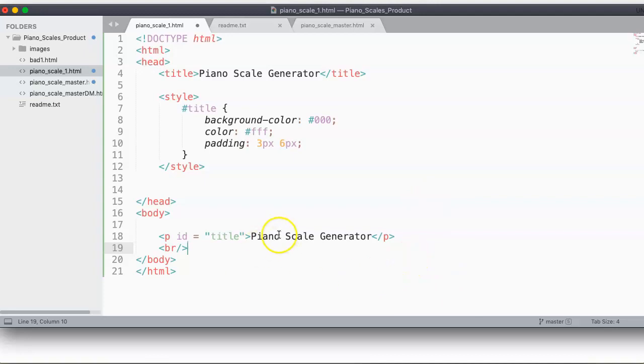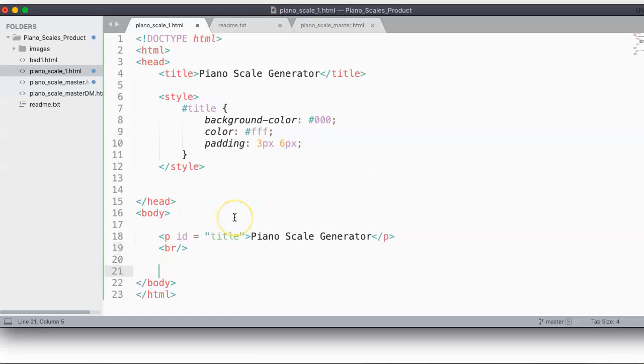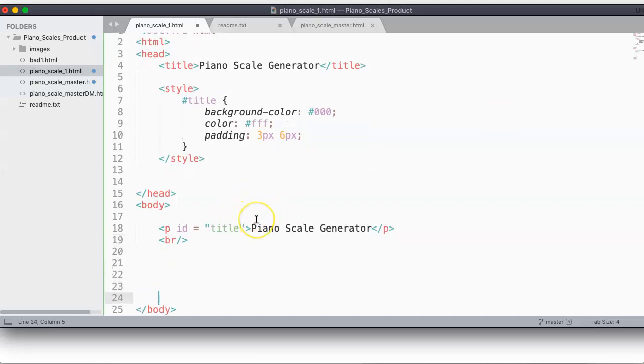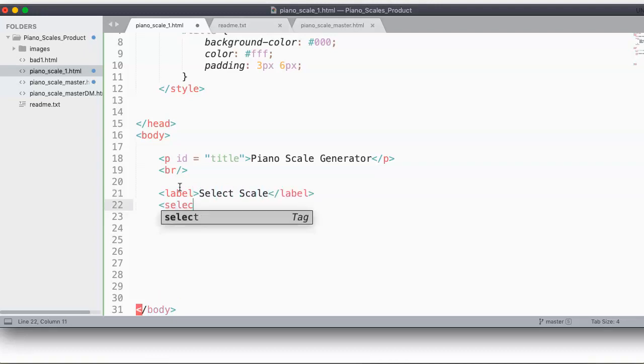So now, if we look at our original scale, and I'm zoomed in a bit here, we see that select scale and we select our major scale. So this is a drop down. I'm going to come back into the code here and hit enter a bunch of times, like put a little space in here. And what I'm going to do is put a label, and that label is going to be select scale, close label, and then I'm going to put a select item, and I'm going to set the ID equal to scale select,